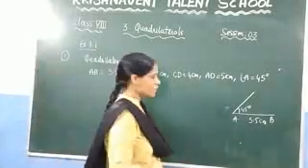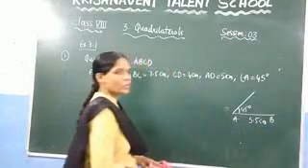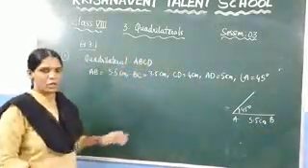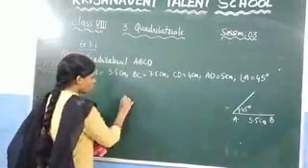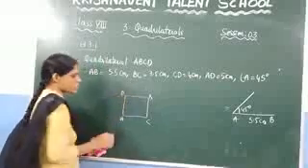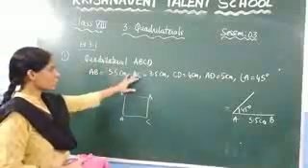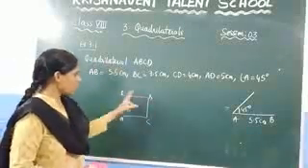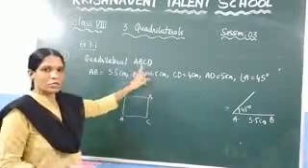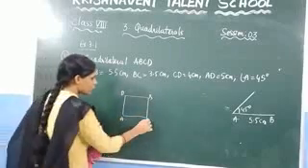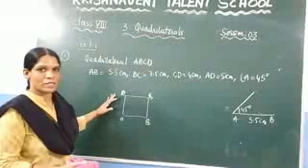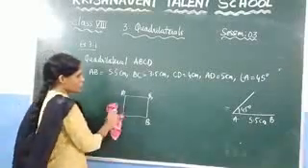So let us draw the rough sketch. What is the name of the quadrilateral they have given, which is A, B, C, D. That means it should be in order. Suppose you draw the quadrilateral like this, A, C, B, D. This is not the exact quadrilateral they have given. They asked us to draw the quadrilateral A, B, C, D. That means you should follow the order A, B, C, D. Like this you need to draw, and take the measurements like this. You have to follow this pattern.